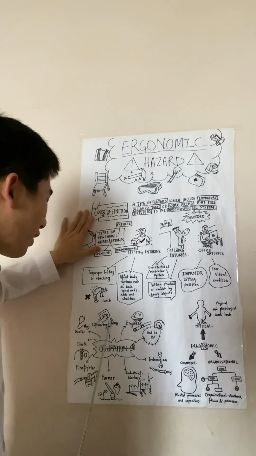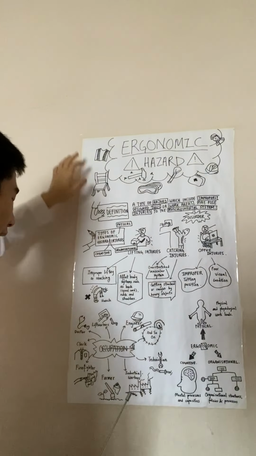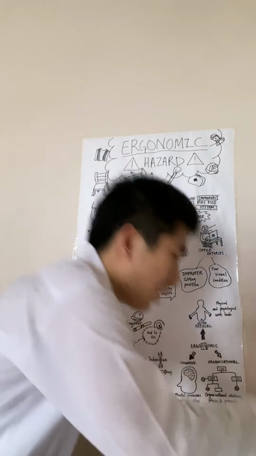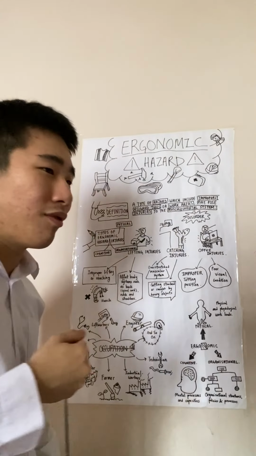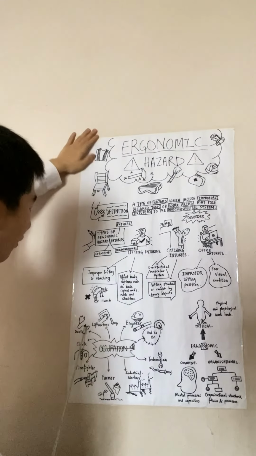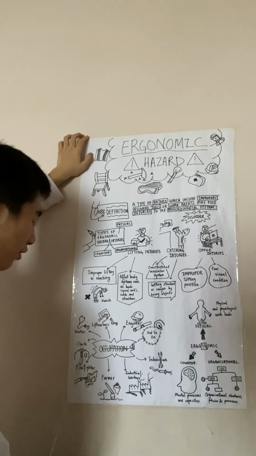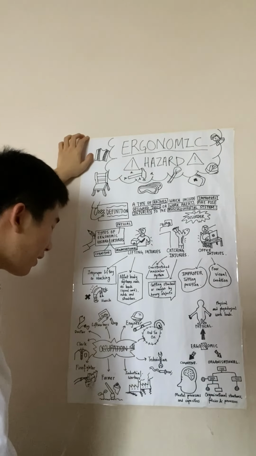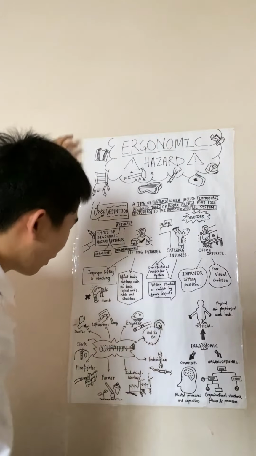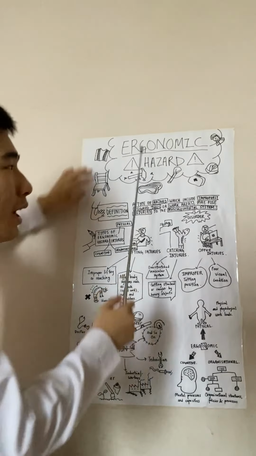Next is lift workers. This is also a very common occupation that causes ergonomic hazard. Doctors too, because doctors want to treat patients very well by hunching over them, and because of the rush of patients, they want to save lives. So doctors can be another factor causing ergonomic hazard. Cleaning can be another common one too, as well as firefighters, farmers, industrial workers, technicians, and so on. These are samples of the occupations that cause this hazard to happen.